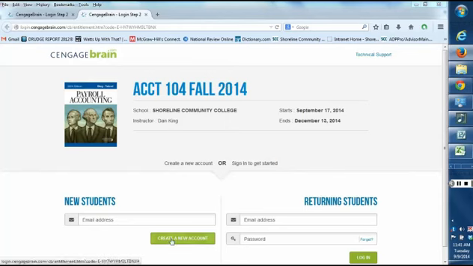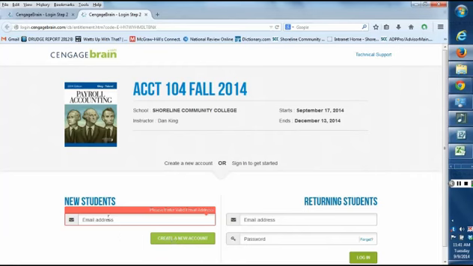You're going to create a new account. You're going to enter your email address. Please use your go.shoreline.edu account that's assigned to you so that I can more readily identify you, and please communicate with me using that Go system. Send your Go email account inquiries and correspondence to my Go email account, and we'll keep all of that in one place and make sure we don't miss anything. Once you fill out this, enter a valid email address, make up your password and whatnot,